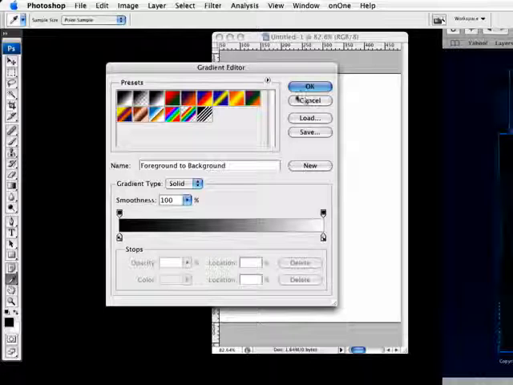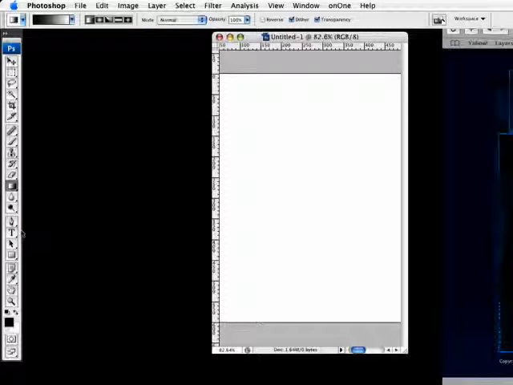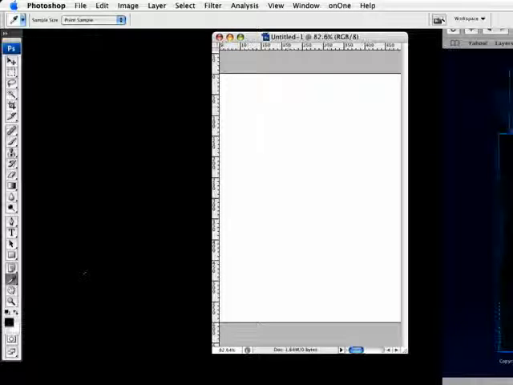Rather than switch it in the gradient, I'm going to hit the letter I to access my eyedropper. Now notice the eyedropper samples out of any area, but the moment that I walk out of the document, it doesn't work. So what I'm going to do from here is click. Notice that over here, it turns white because I'm sampling white. But notice if I click and hold it down, now if I move over here, it's sampling blue, it's sampling the apple, it's sampling this. And if I move out of the program altogether,